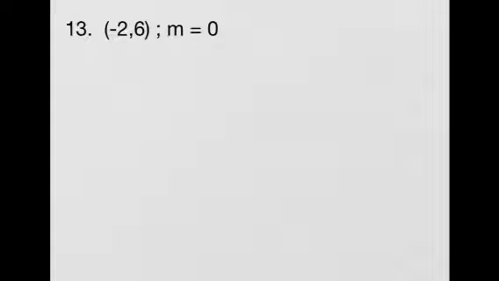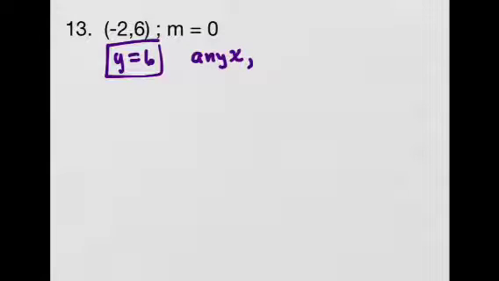Okay, for number 13, they tell you the slope is 0, so then you know that's a horizontal line. So it's y equals, in this particular problem, y equals 6. So the equation is y equals 6. And as for the other 3 additional points, it could be any x value, as long as the y value is 6. So any ordered pair with any x value other than negative 2, because it was given to you,